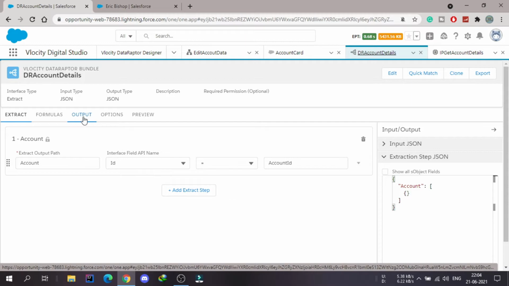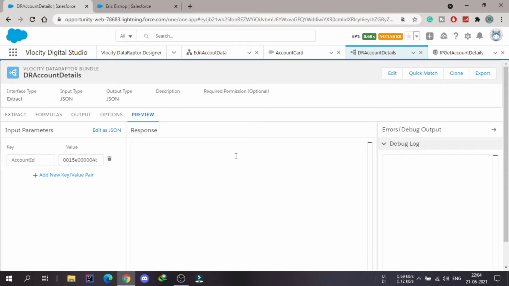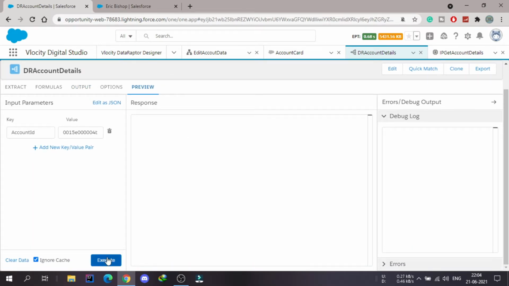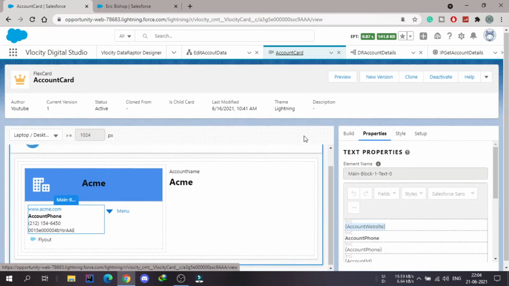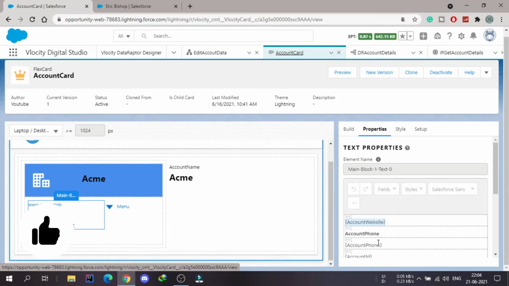Once I go back to this preview and execute this, while creating this whole JSON, you need to name the nodes accordingly so that you can use the same in the card, as I did. I was using the same node names here in the text fields.